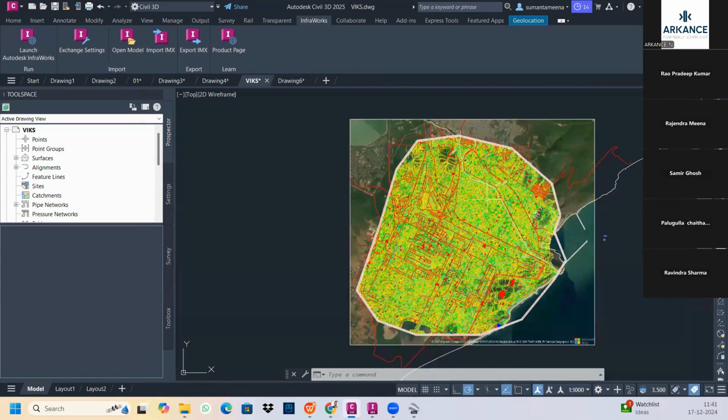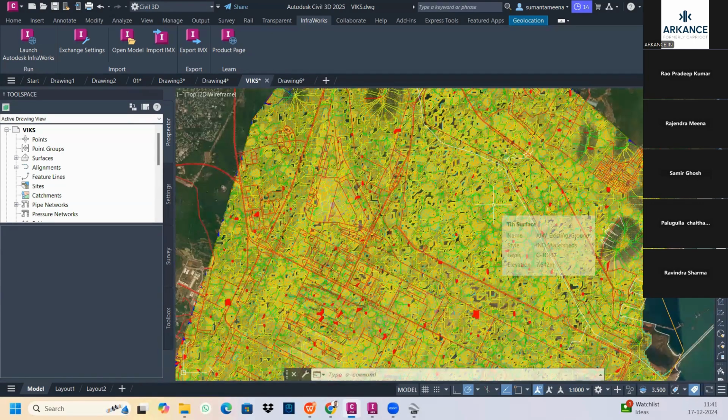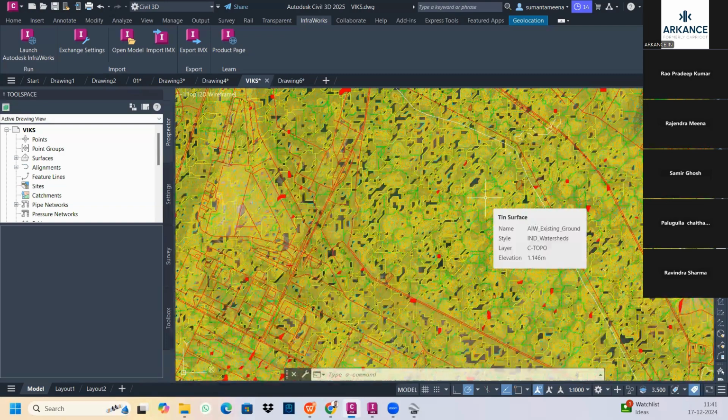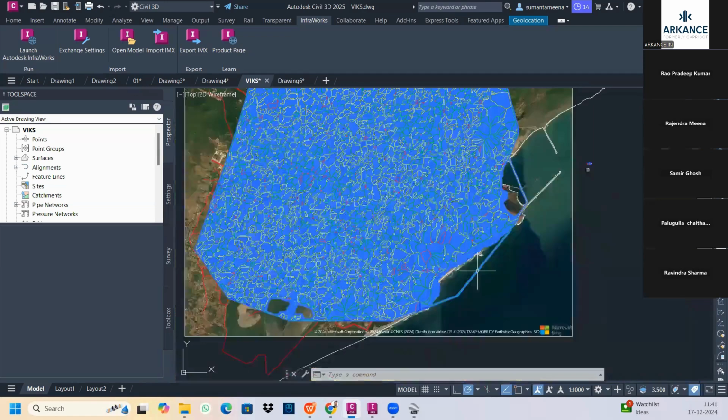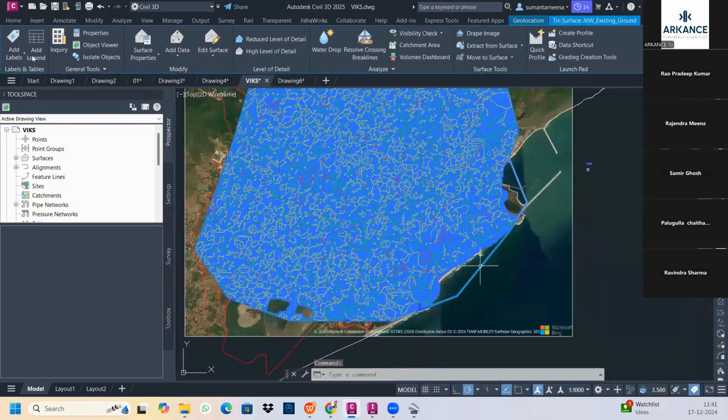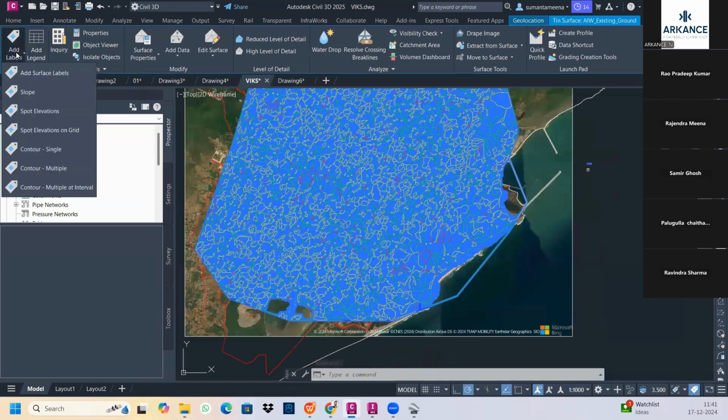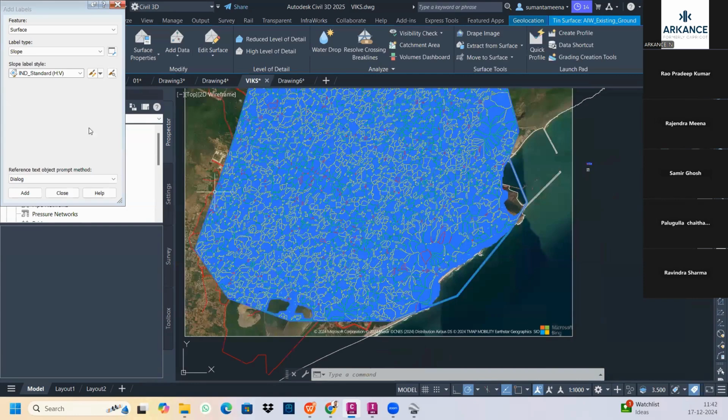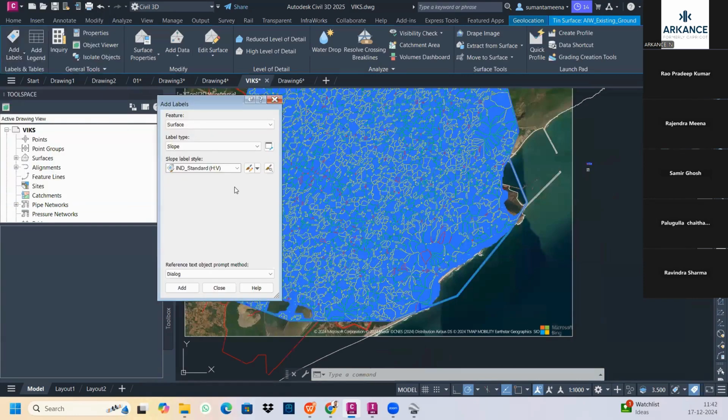Suppose my area of interest is at a single particular spot elevation. Okay. So just select the surface, and here is the option called Add Labels, and here is Add Surface Label. And because we imported the Indian style,